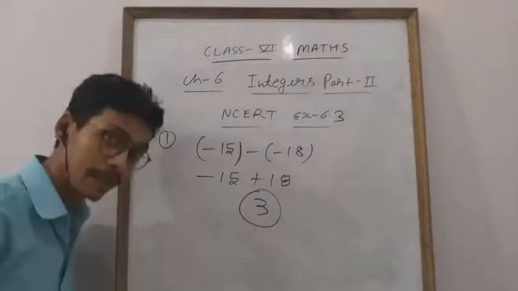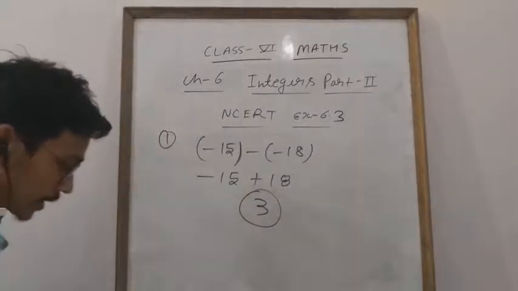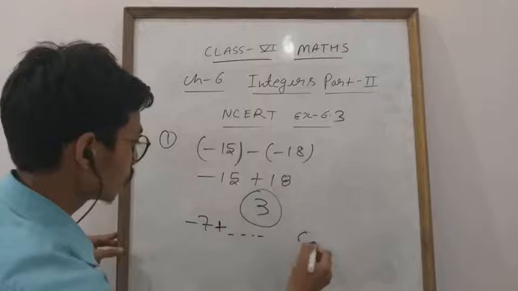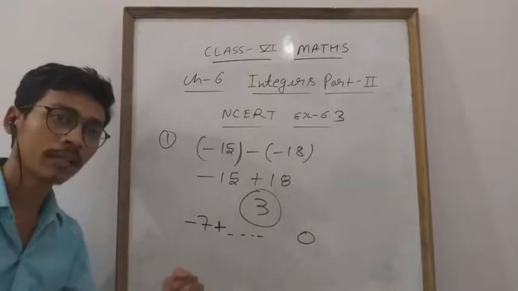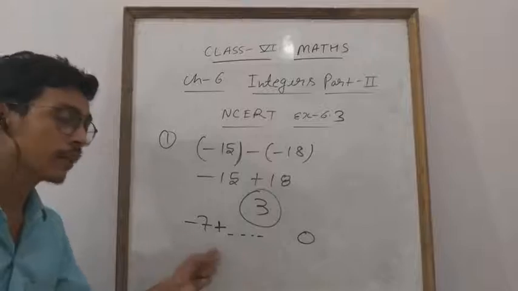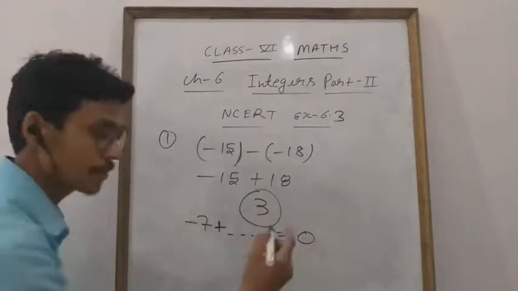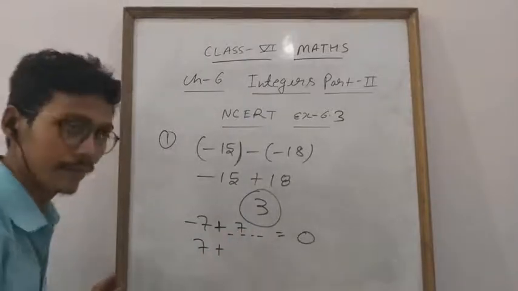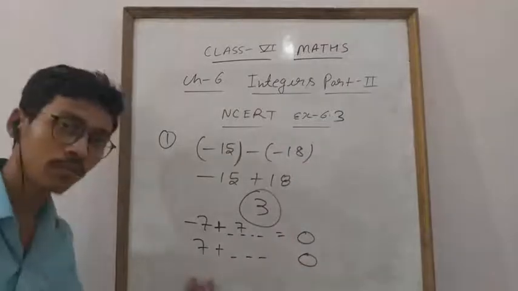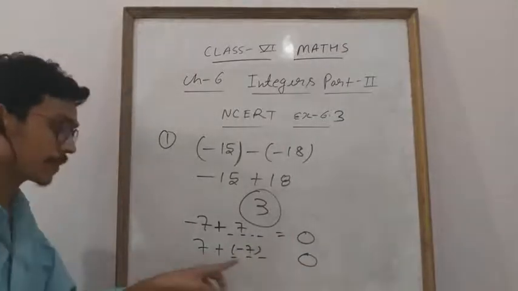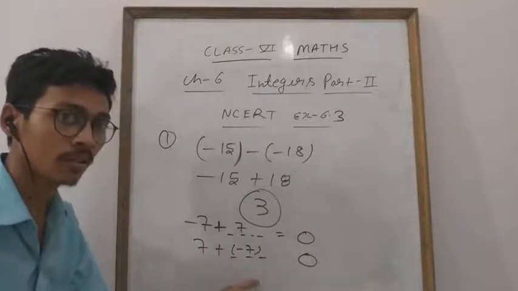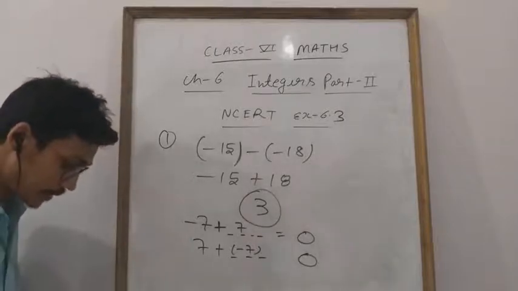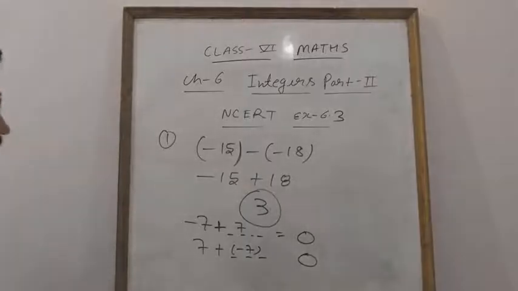Next question, student, based on fill in the blanks, you will do yourself. Achha, one question I want to ask, if it is written minus 7 plus blank equals 0, what will you write down? Tell me, minus 7 is given, what will you add to minus 7 so you get 0? Simply you will add 7, only 7. If 7 is given, plus sign is given, and here it is given 0, then, student, what will you do? You will write down minus 7, because you know that plus 7 minus 7 is 0. So this is based on a very basic concept. Okay everyone, so this you will do yourself. Next is also given, find out. Okay everyone, so your NCERT is done.